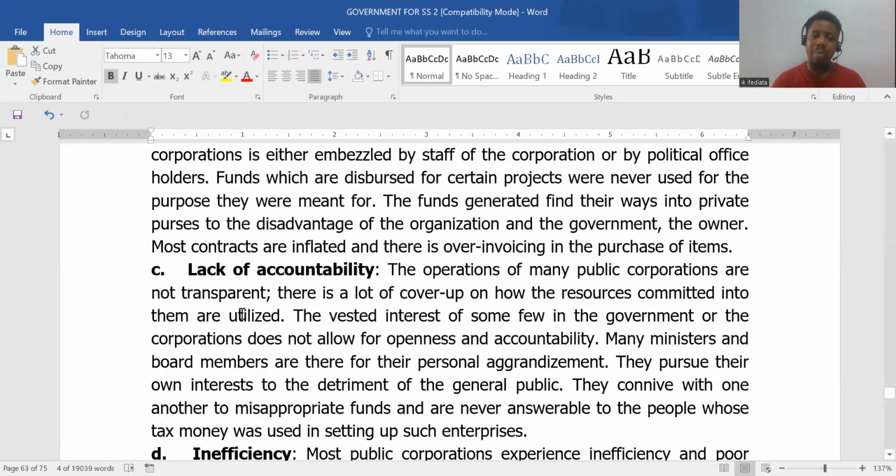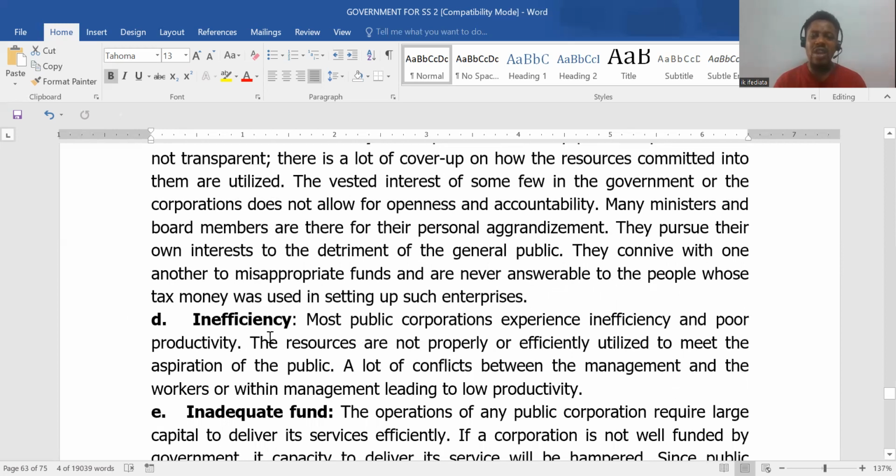Now it leads us to number 3, lack of accountability. The operations of many public corporations are not transparent. So there are a lot of cover-ups because they abuse finances. Many ministers and board members are there for their personal aggrandizement. So whatever they are doing there is in their own personal interest, not in the interest of the public corporation. This leads us to number 4, inefficiency, poor productivity, poor management. Maybe they are employing the wrong people,